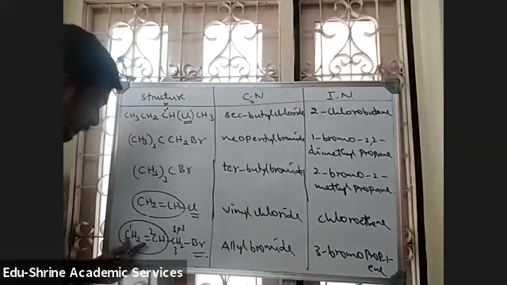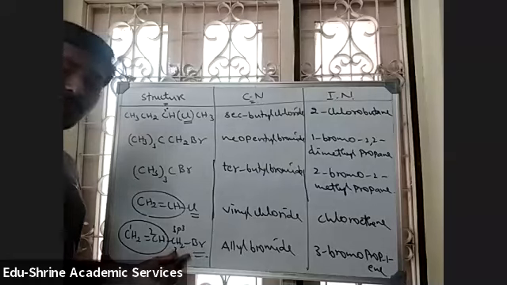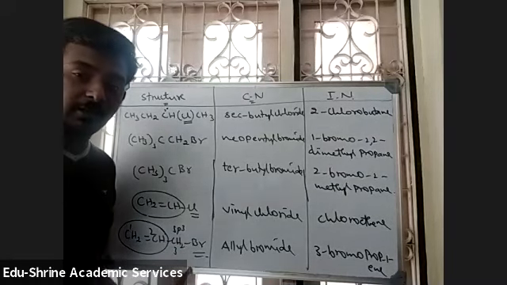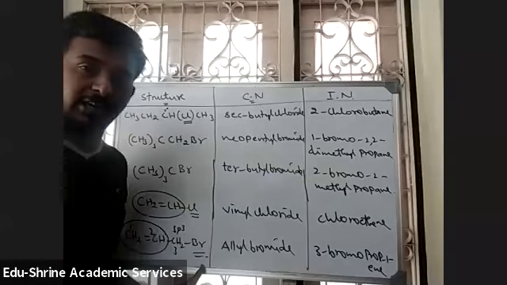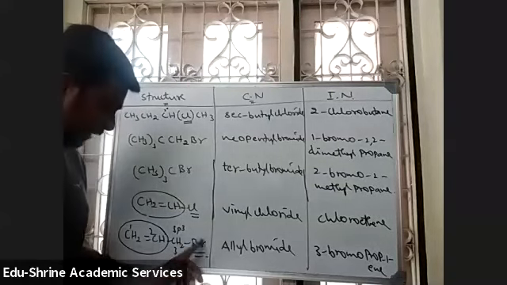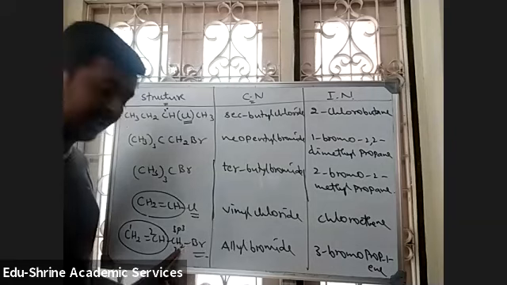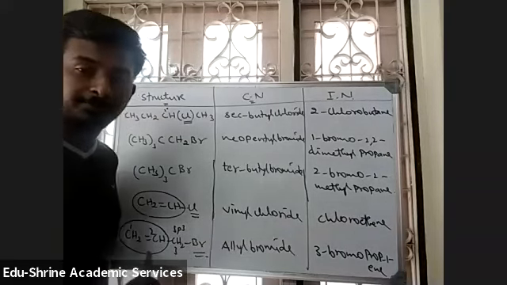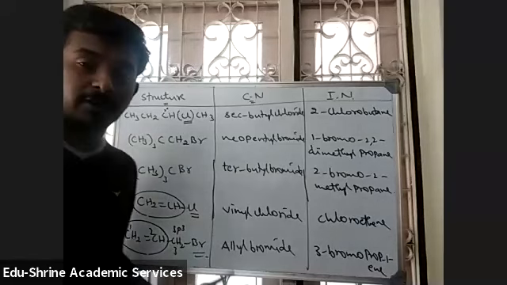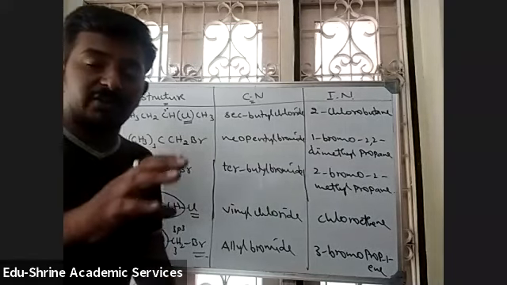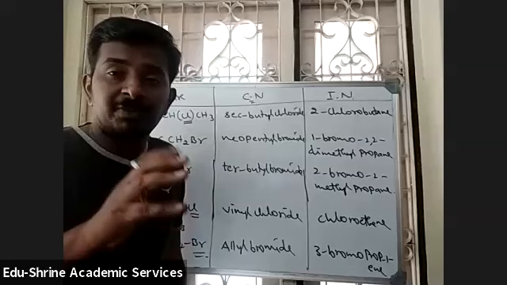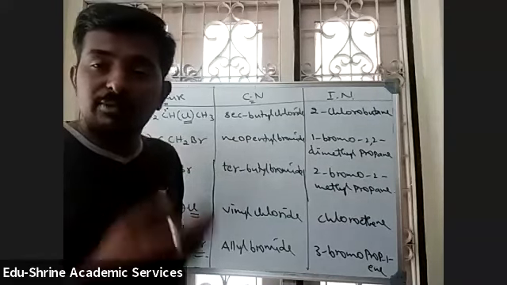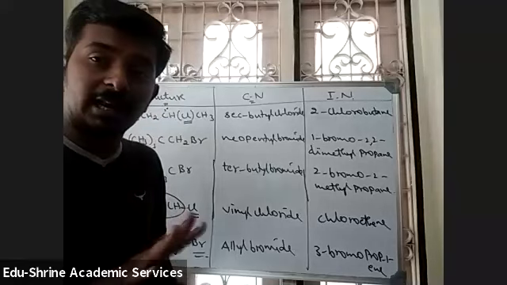At the first carbon atom there is a double bond. Bromine is attached to the third carbon atom. Don't give numbering from here, because bromine is a substituent. Bromine is always taken as a prefix only. It is not a functional group. Suppose there is OH here, then you will start numbering from here, because OH is given more priority over the double bond. But halogens are always taken as prefixes. There are some groups which will always be taken as prefixes, like halogens, nitro group, nitroso group, and all alkyl groups.